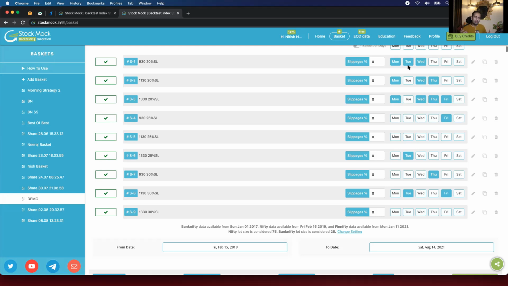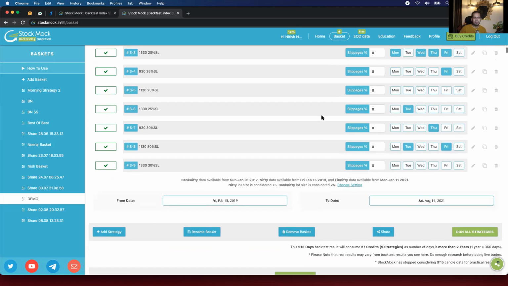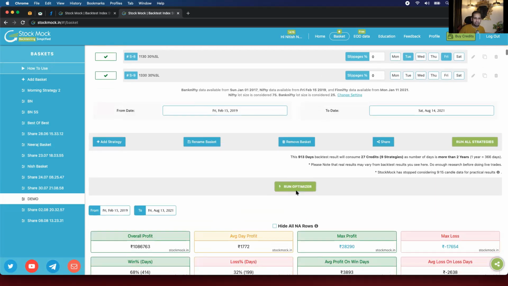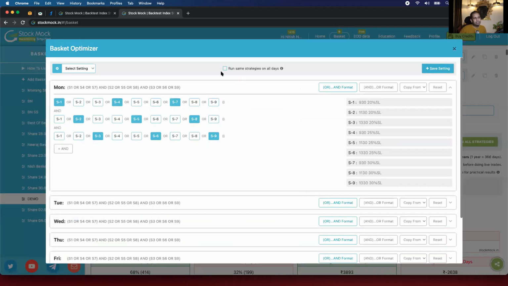What if I want to decide once and for all that this is what I'm going to do throughout my week? Can it be possible? That's a very good suggestion that came in, and we implemented it. If you click on this button, run the same strategies on all days, the optimizer will pick one combination, the best one, and then scan through all the days for the same thing.